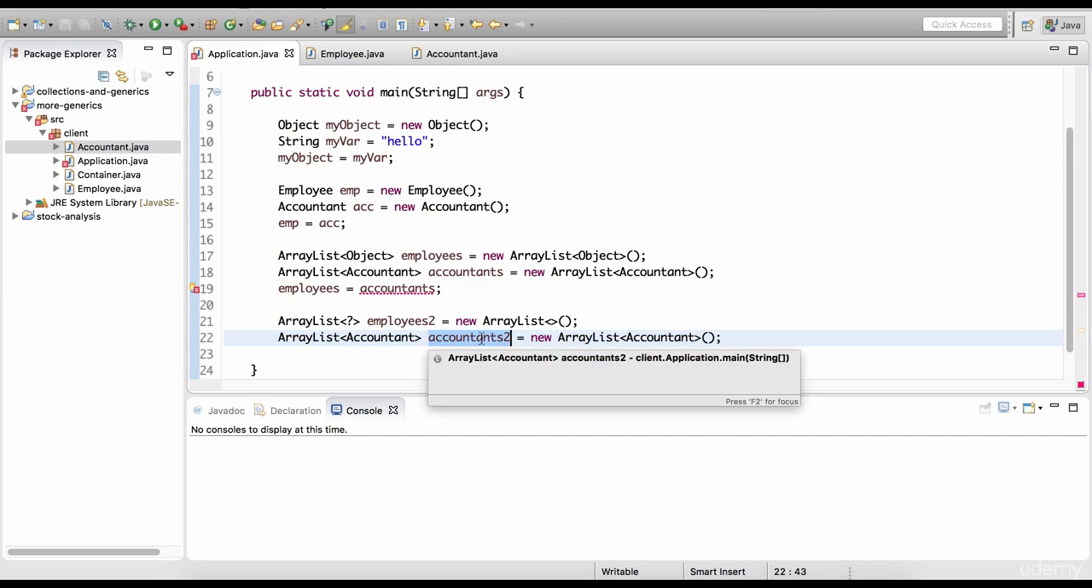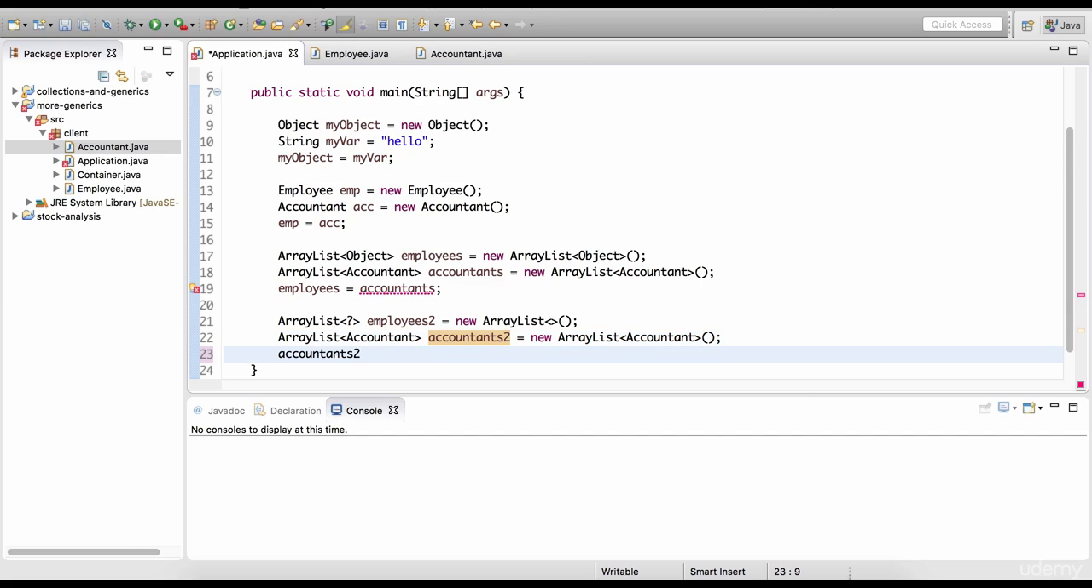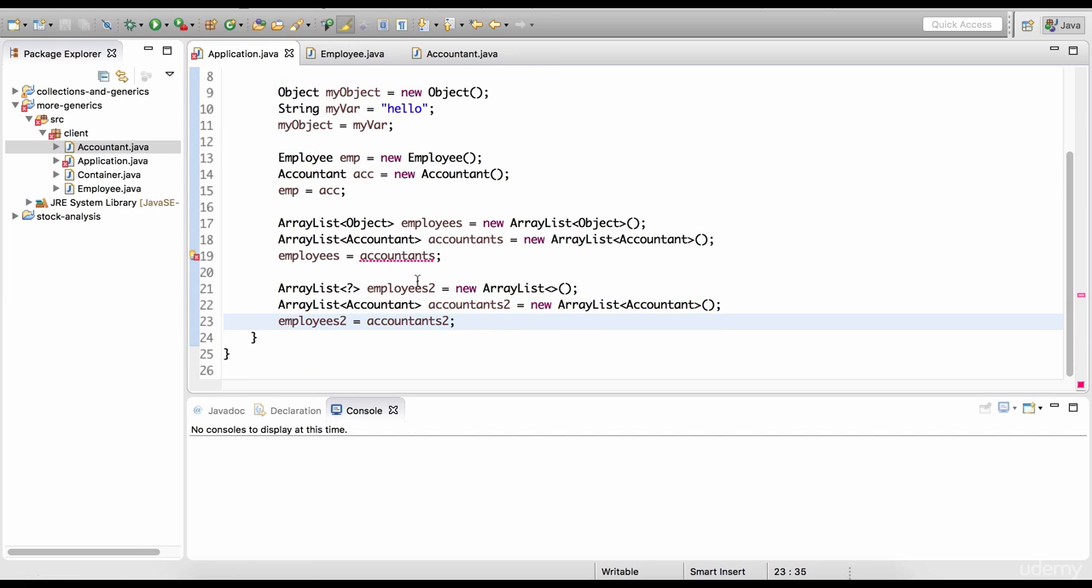Now if I try to assign accountants2 to employees2, it won't give me a problem. Okay? This is perfectly legal Java code. So notice the difference between these two. Over here, we're giving a wildcard. It says it doesn't matter what the data type is. It could be anything. And so since this is any data type, it allows us to assign it to